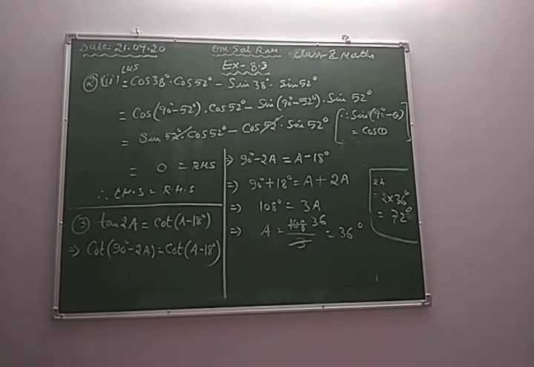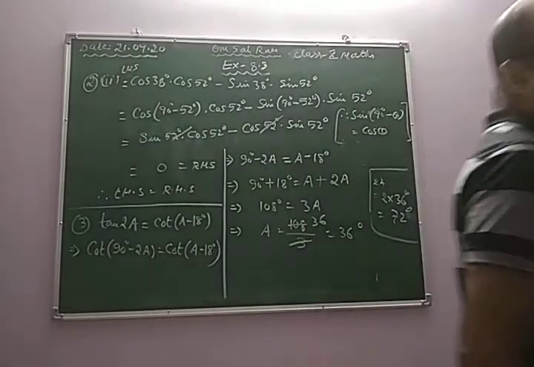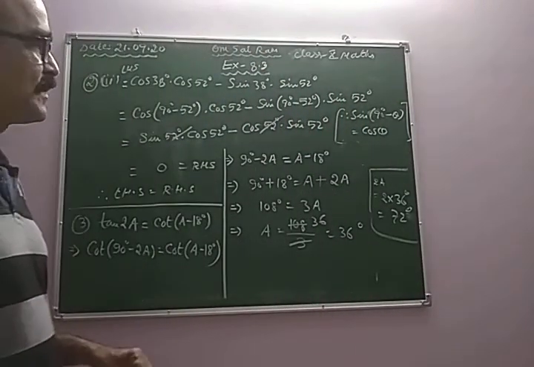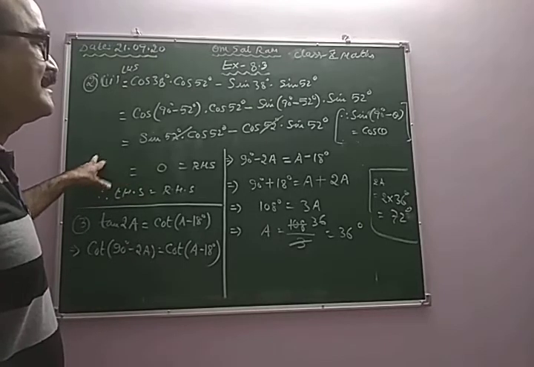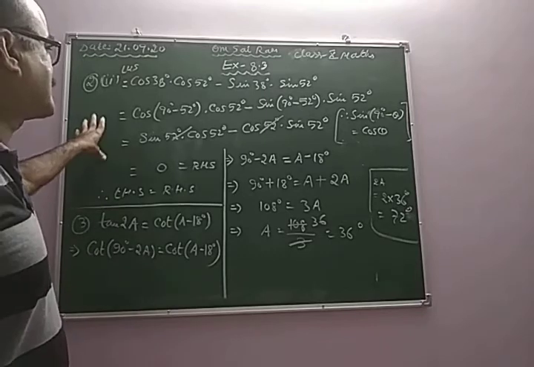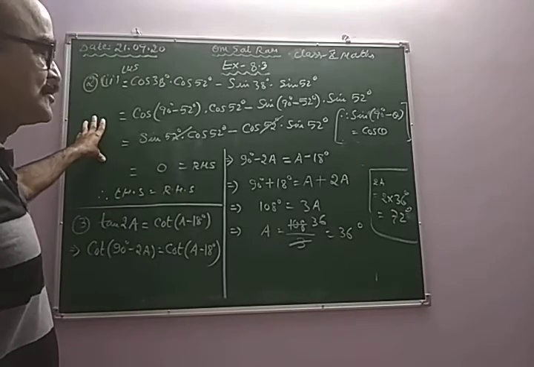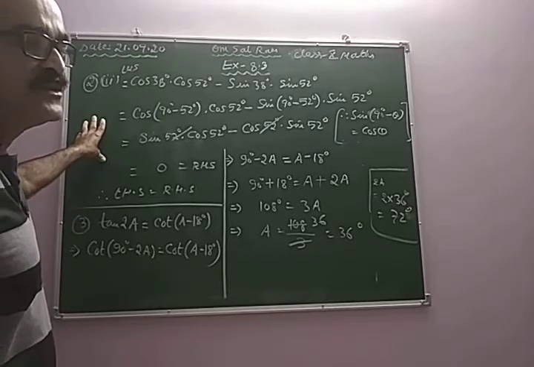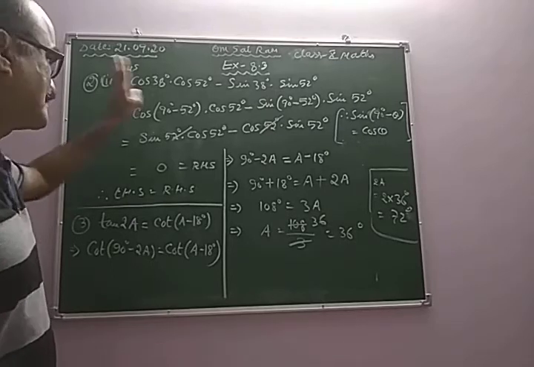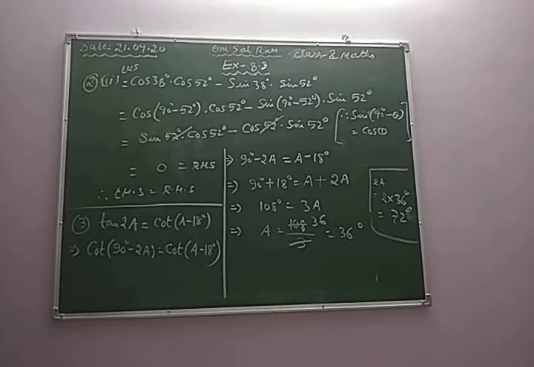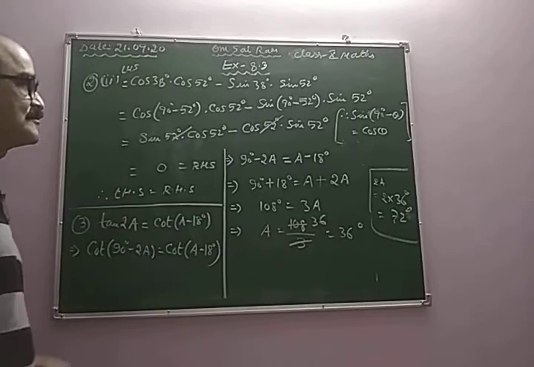And as you all know, the trigonometric ratios of complementary angles is not in the examination. This year this has been omitted, right? So neither in the half yearly examination nor in the annual examination will such type of question be asked. Okay, so this is just for your knowledge, so that if you take mathematics in class 11, you must know all such things, because trigonometry plays a major role in class 11th and class 12th. So you must know all the things. That is why I am explaining this.